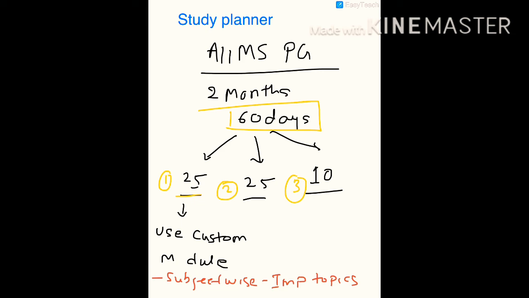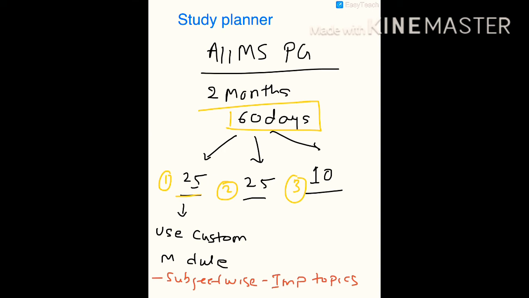So go to the custom modules, there you can see the list of the subjects. Use any one subject, like anatomy, physiology, or any other, and then further you can use the tag for the AIIMS, hashtag AIIMS or hashtag NEET PG. You can also select the number of questions, which is 10, 25, 50 and 100. You can choose it as you want. So after choosing the tag AIIMS PG and NEET PG,